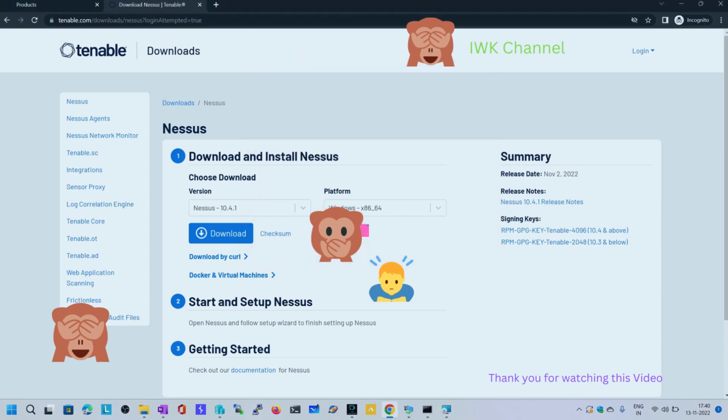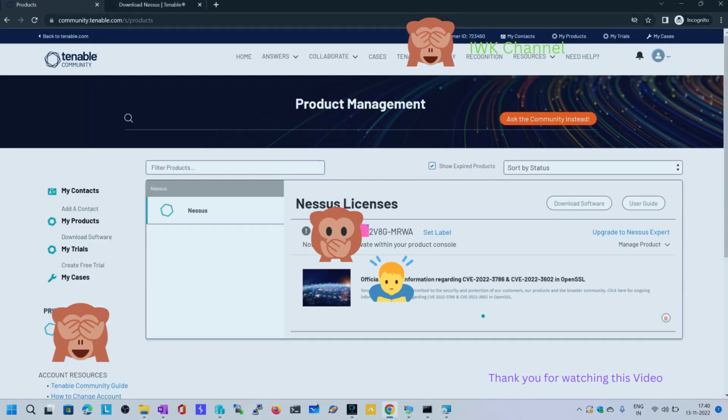In the meantime I'm going to come back to the community platform where we can get the product key. In the Nessus product, by default they give a feature like this. In your organization you can buy one license for Nessus, but if you want to have 5 to 6 instances in your organization, you can install that product key on the first system. Once you have completed each activity or configuration change for that particular instance,